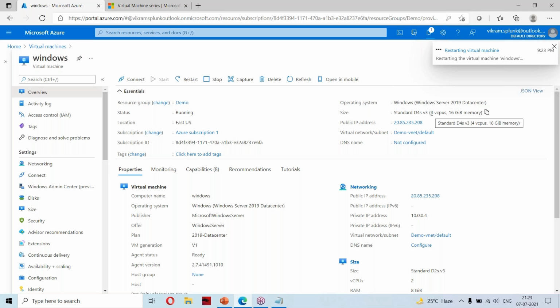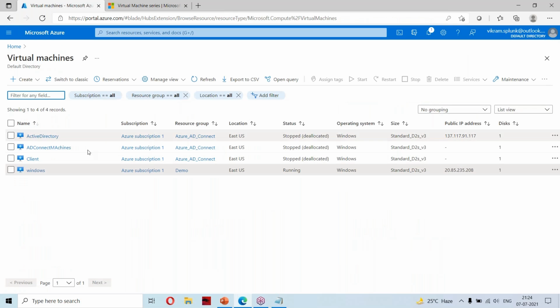Now you see, it is already changed to 4 vCPU and 16 GB RAM. But in order to reflect, it has to reboot once. My VM is successfully restarted. Now my change is there, it is having 4 vCPU and 16 GB RAM. It will be a normal reboot only, it won't take much time, don't worry.